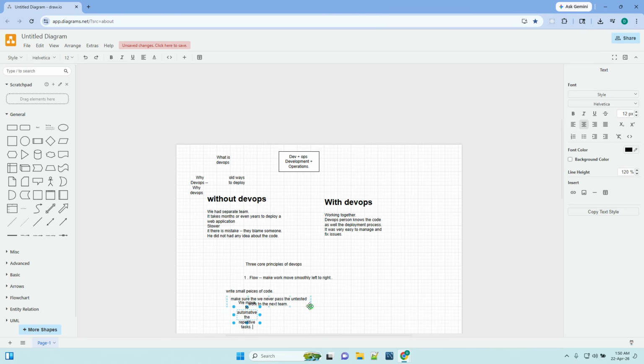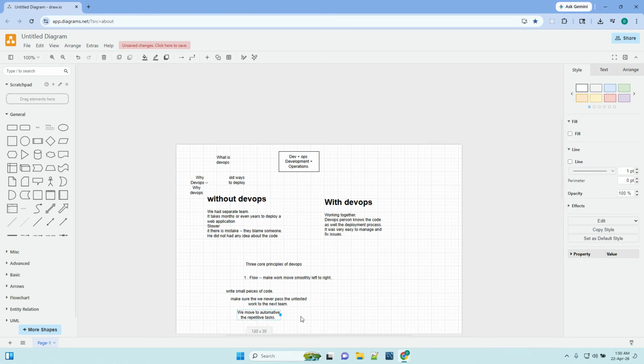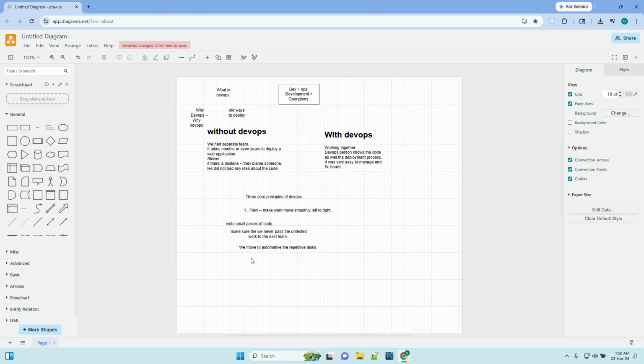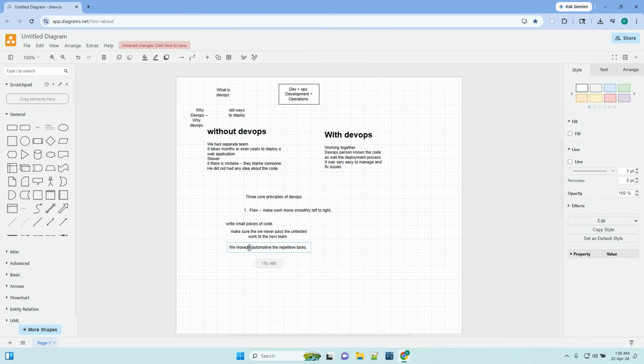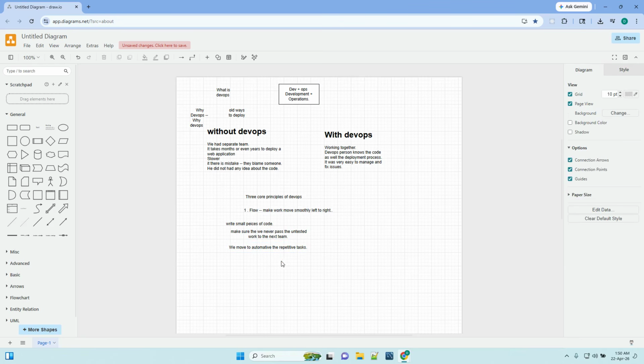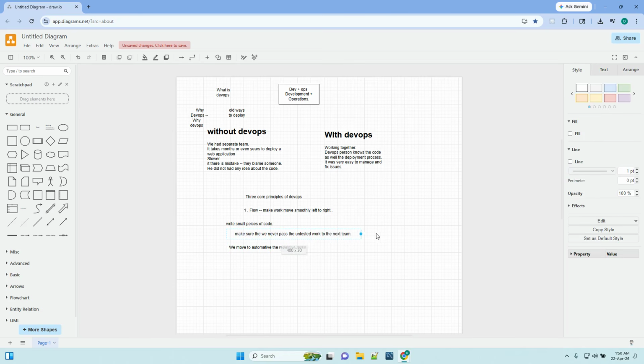Whenever we deploy any application, we do the Maven build, we do the testing, we create a WAR or JAR to deploy. These things are repetitive and can be handled very easily with automation. So we automate these processes so that our process becomes easier and less prone to failure. Okay,